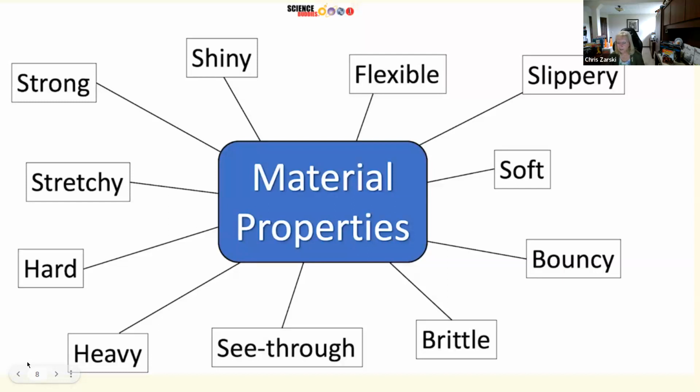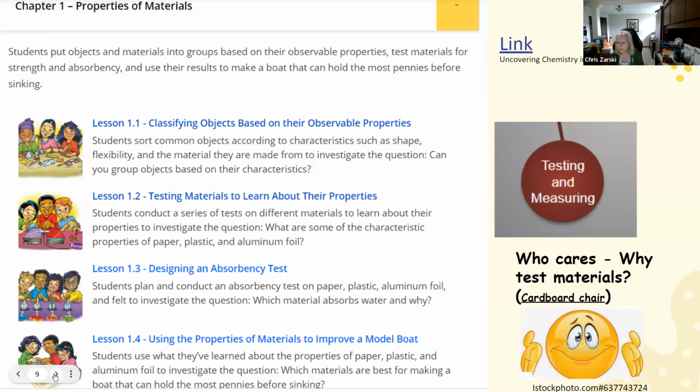So properties of those materials, we talk about things like flexible, soft, slippery, shiny. Some of those are words too that are descriptive words, and they need to know the difference between what is a property and what is a descriptive word for that property. So we want them to be careful that they're not mixing and matching some of those. So again, any of these that you see here that you think, well, I don't know if my kids might not know that, you have access to every grade. So again, when we show you where the resources are, we'll show you also where to find grade 1, grade 2, grade 3, grade 4, anything that you need that you can go in and find.